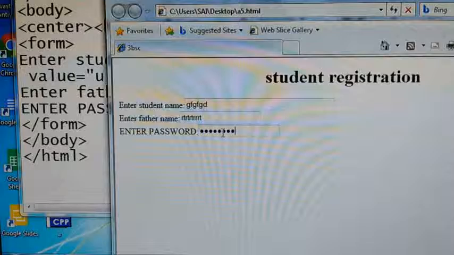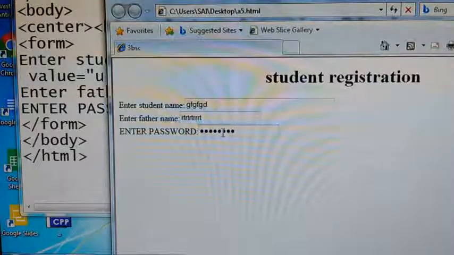If it is a text field, whatever information you enter will be visible. But in the case of a password, whatever information you enter is not visible. Instead of the characters, the information is displayed as masked characters, which means it will be encoded. But whatever you have entered will be sent to the server in that form only. For security purposes, the information is not displayed as it is. The characters are invisible to the user. That is the password field.